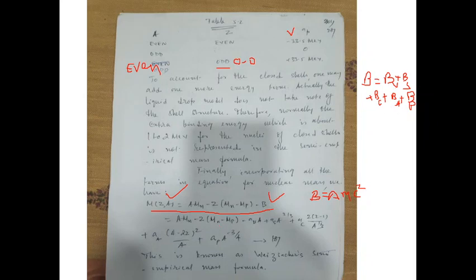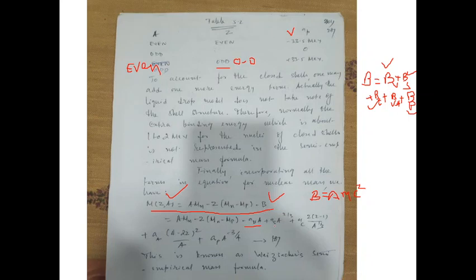Now what we do is we put all the binding energy terms, that is BV, BS, BC, BA and BP, and all those terms you can see are lying here. This AV A is the volume term. So the plus terms will become minus. BV is increasing the binding energy, BP is increasing the binding energy, the surface term is decreasing the binding energy, the Coulomb energy term is decreasing the binding energy, and asymmetry is also decreasing the binding energy. So the decreasing binding energy terms will become plus here.